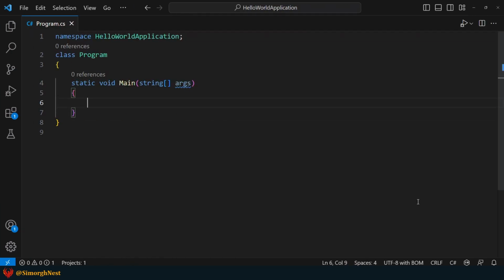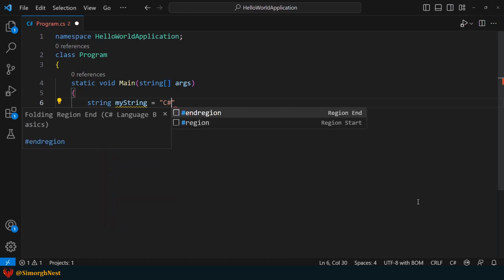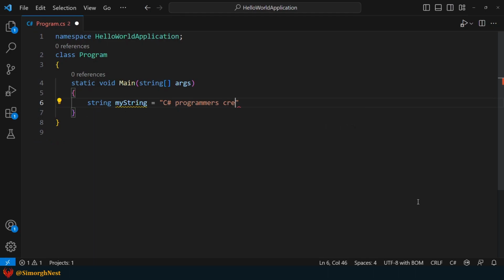Alright, first, let's declare a string variable. Next, let's invoke these methods and pass a string parameter in each of them.